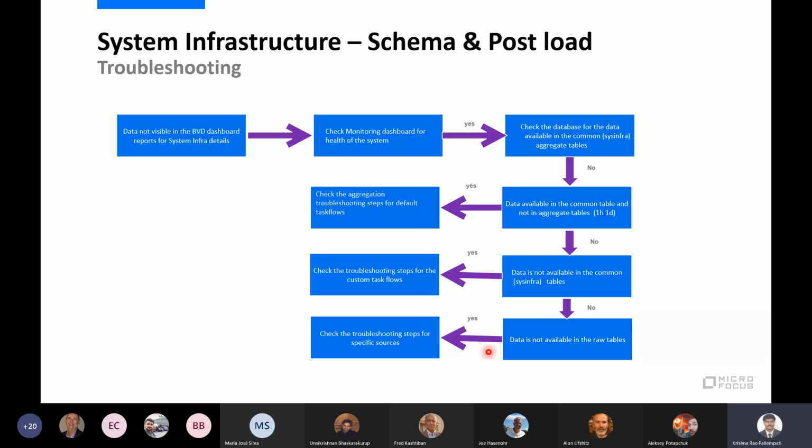Re-aggregation only for a particular time period is not there, but we have an option where you can re-aggregate the whole data again. But it is costly, because you need to rerun all the data again. That is the option we have at present.